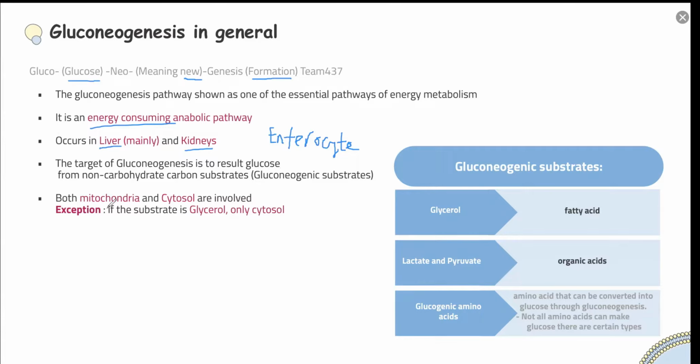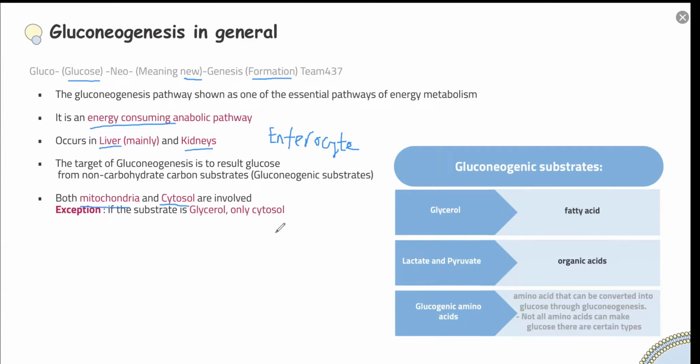And of course, gluconeogenesis takes place both in the mitochondria and in the cytosol. If the substrate is glycerol, it only occurs in the cytosol. But apart from glycerol, all other substrates needed for gluconeogenesis, some of them are localized in the mitochondria. So only glycerol is localized in the cytosol. So that is why you can easily use the glycerol in the cytosol and generate glucose through the process of